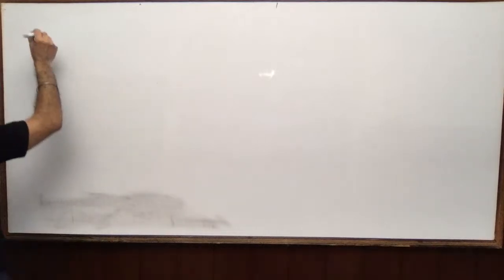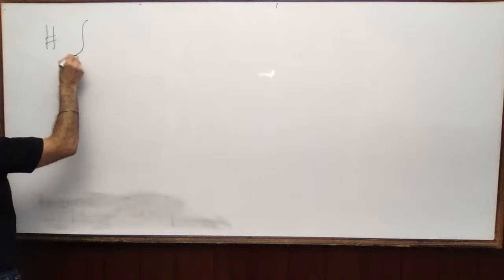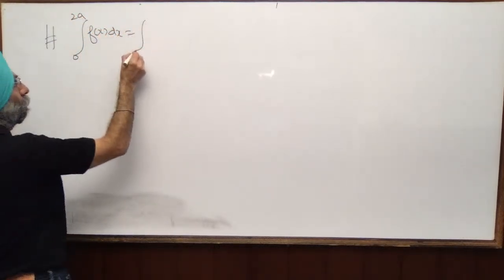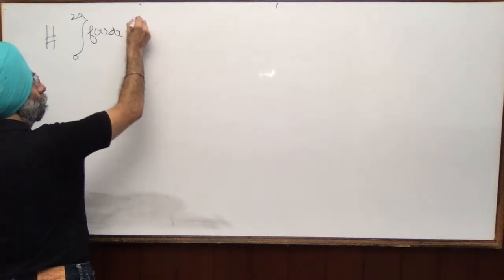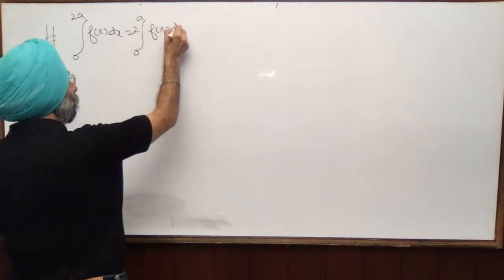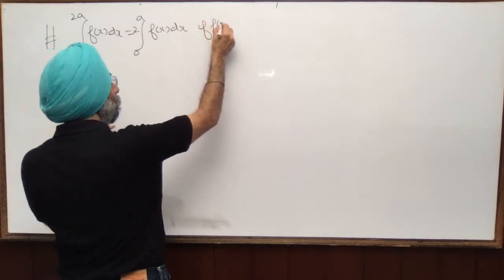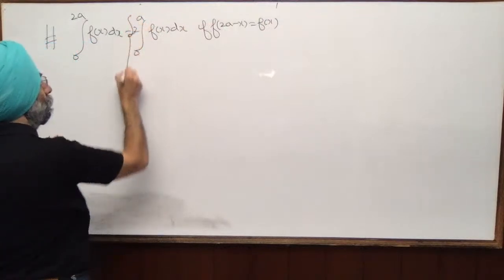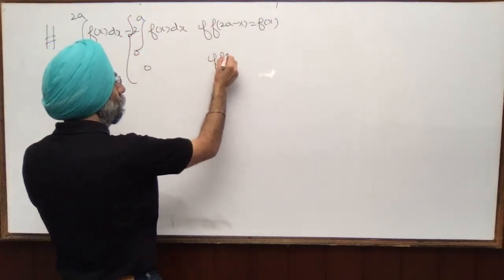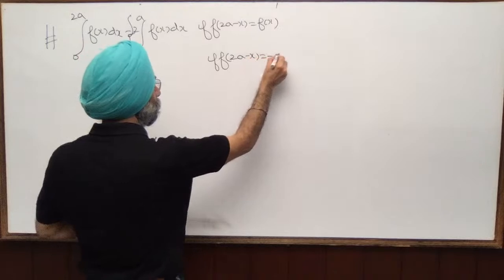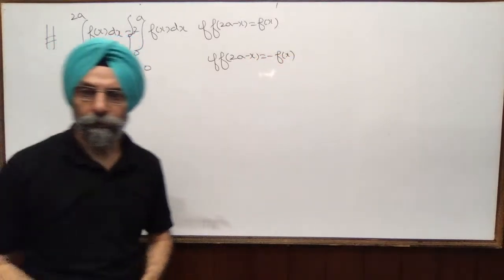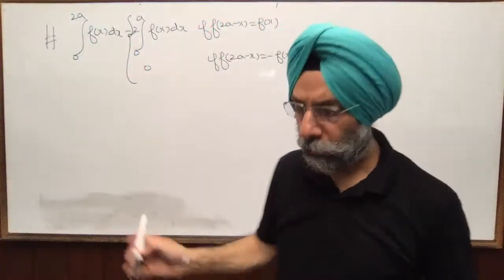Now, similarly, the next property is: the integral from 0 to 2a of f(x) dx is equal to 2 times the integral from 0 to a of f(x) dx if f of 2a minus x is equal to f(x), and is 0 if f of 2a minus x is equal to minus f(x). Here, देखो बेटे ध्यान से, so पहला नोट कर लो फिर मैं इंप्रूविंग कर रहे हैं।